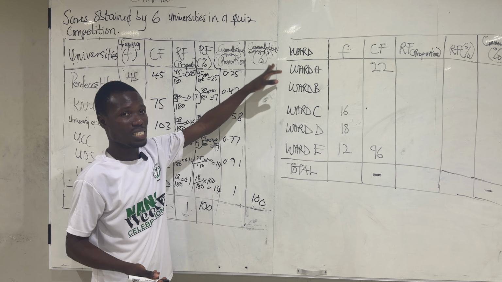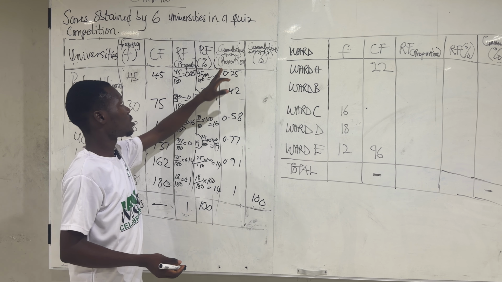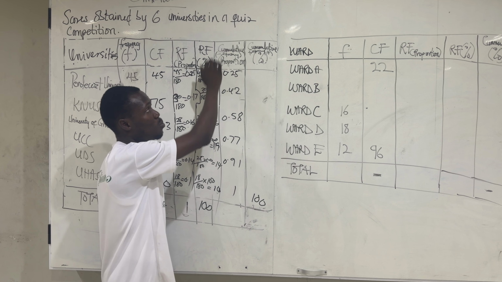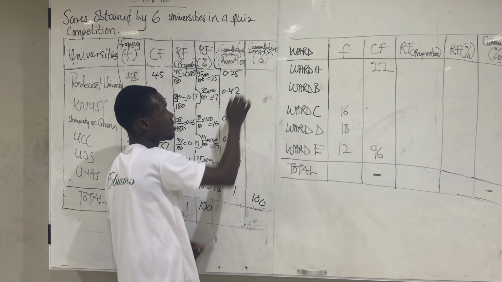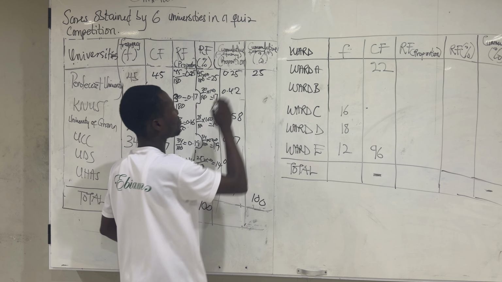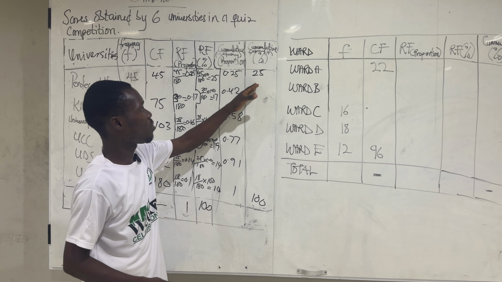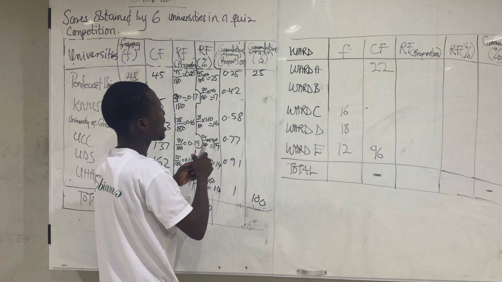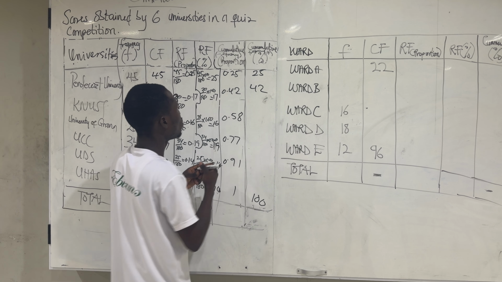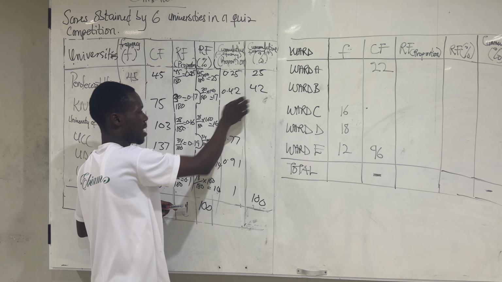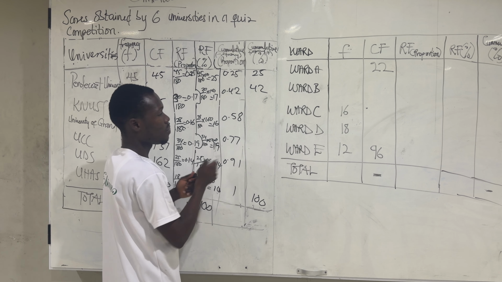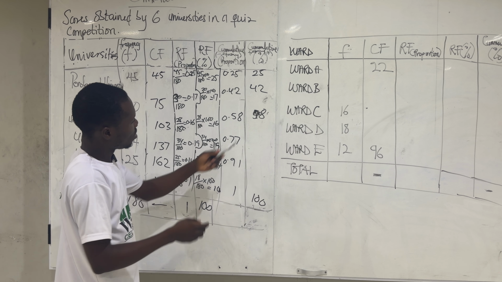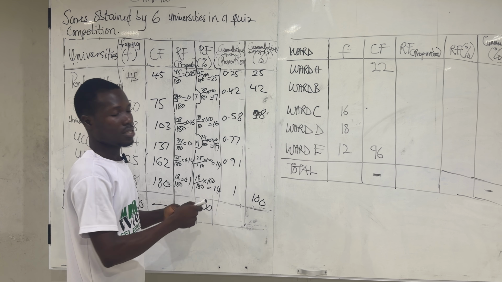Cumulative frequency percentage. So we'll be looking at the relative frequency percentage over here. Our first relative frequency percentage will be the same for the cumulative frequency percentage, so over here is going to be 25. Our next cumulative frequency percentage will be adding 25 plus 17, and that's going to give us 42. Now the next one is going to be 42 plus 16, and that's going to give 58. Now the next one is going to be 58 plus 19, and that's going to give